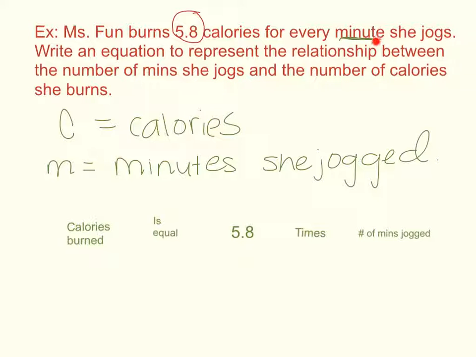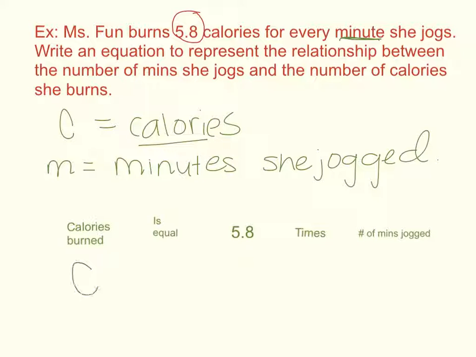So this number here will change, and that's going to be one of our variables. And then depending on how many minutes she jogs, we'll see how many calories she actually burned. So here's our variables: C equals calories, and M equals the minutes that she jogged. Now, let me go ahead and write the equation first, then we'll talk about the independent and dependent variable. So do we know how many calories she's burned? No. That's represented by our